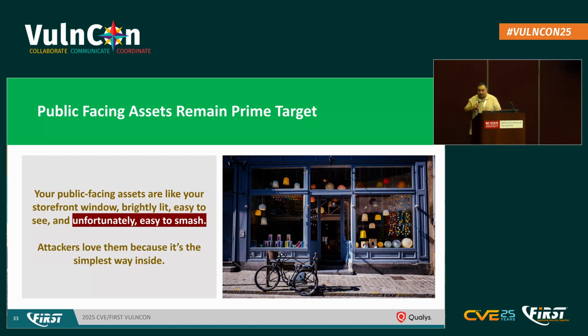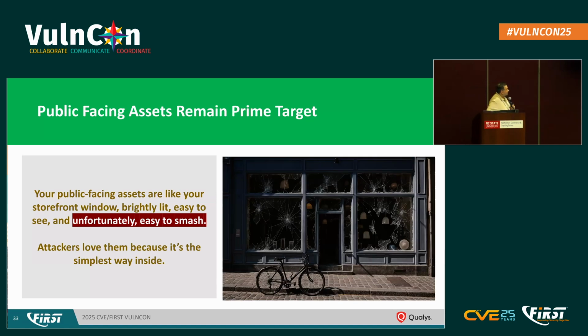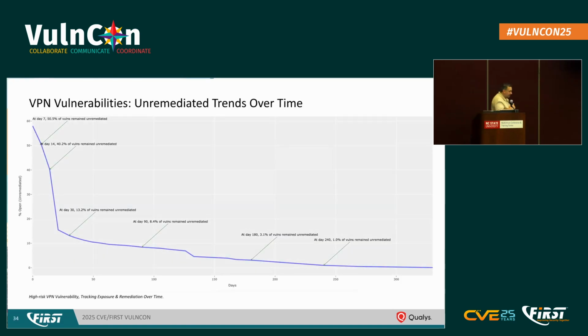And the problem is you can also imagine that they are very easy to smash. And ChatGPT did a really good job with that image, with a smashing thing. But we take a look at data to see how these vulnerabilities in public-facing VPN and secure access are doing. We take a look at this, and we had around 100,000 instances of VPN-related vulnerabilities. And we plot this, and as you can see here,